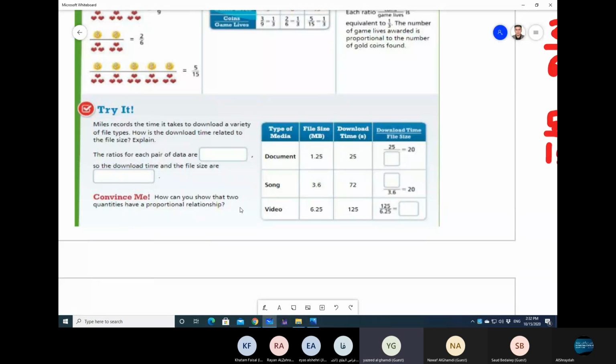The file size is 1.25 and the download time is 25 seconds. Now, what do we have to do? We put 25 over 1.25, the download time over the file size. 25 divided by